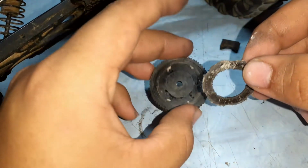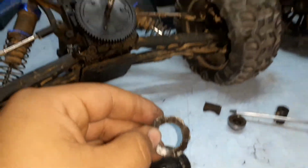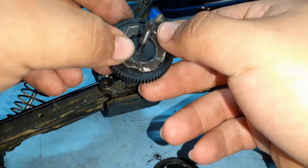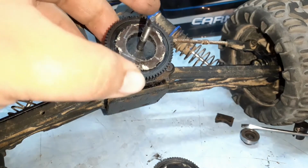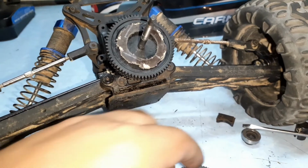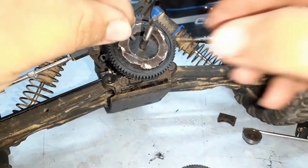So I'm only replacing the gear. Okay, put it like that, and I'm doing this as well just so the flanges have something to grab on, so you know. And next I'm gonna have to find the drive pin. And this I'm gonna put it